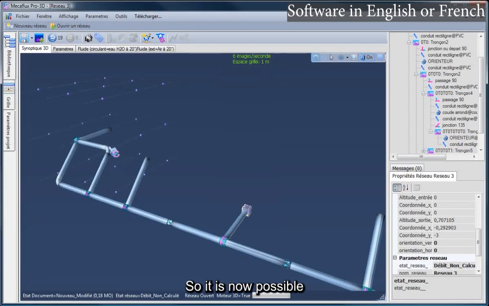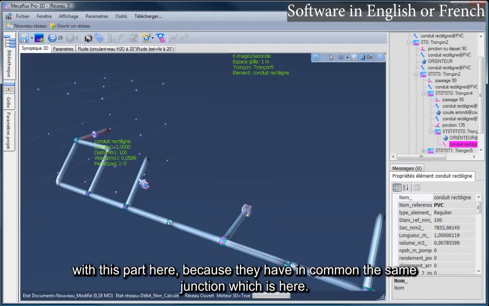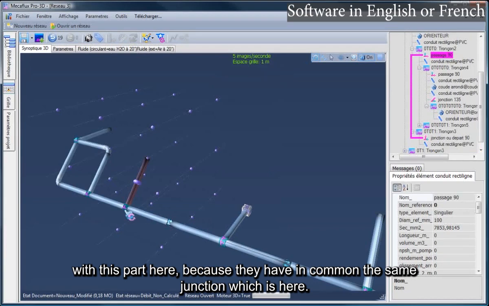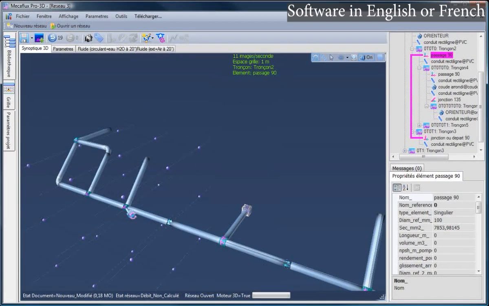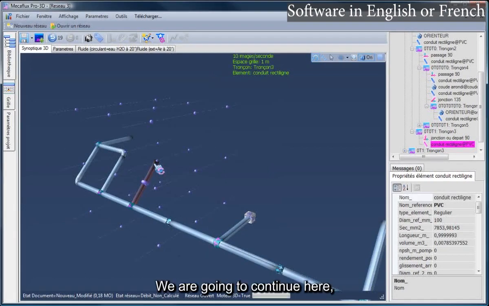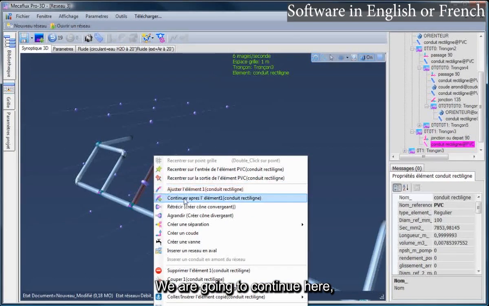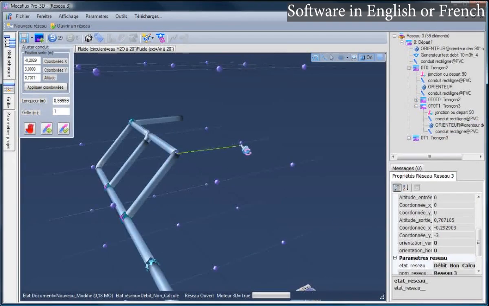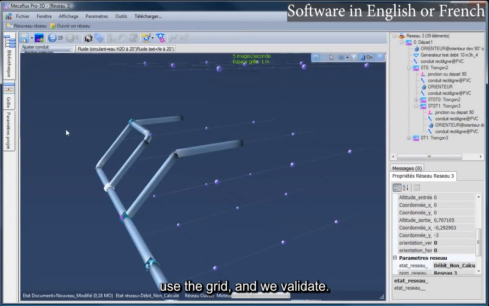So it is now possible to complete this part there with this part here, because they have in common the same junction which is here. So we are going to test. We are going to continue here. Continue after element. Use the grid, and we validate.